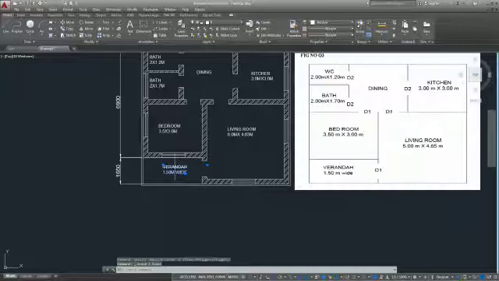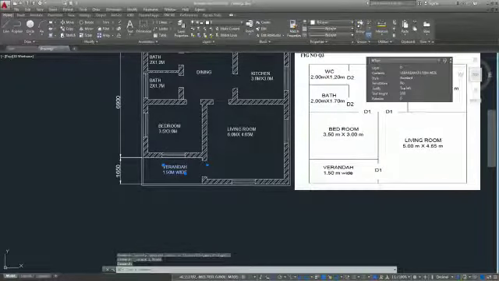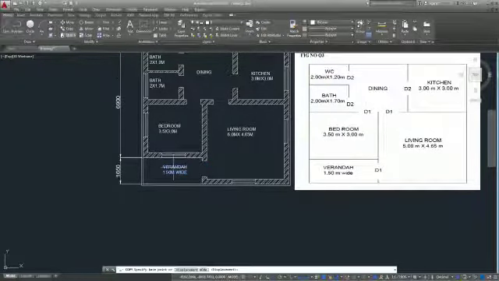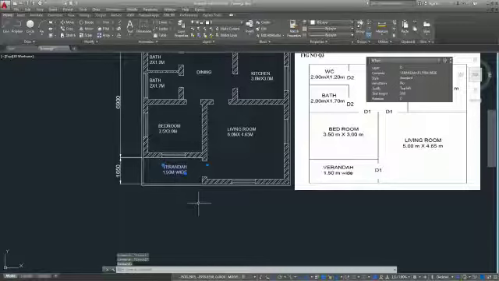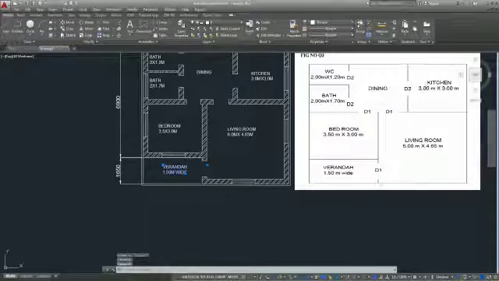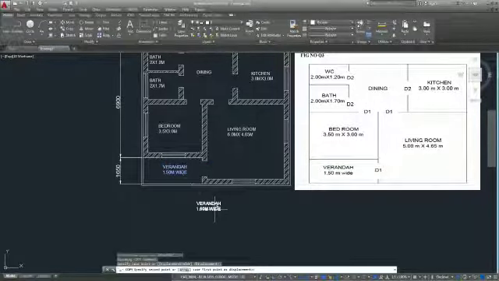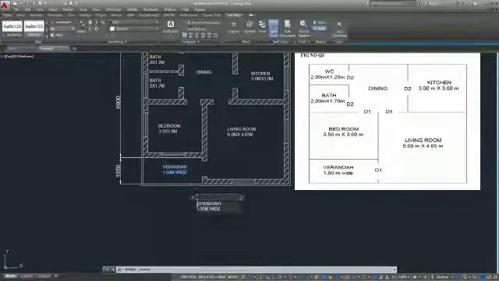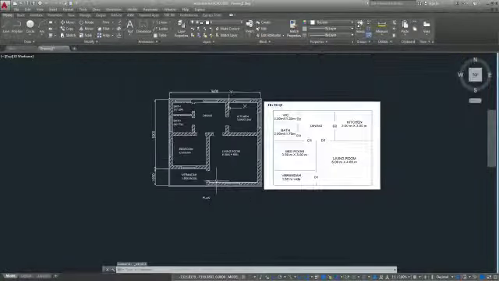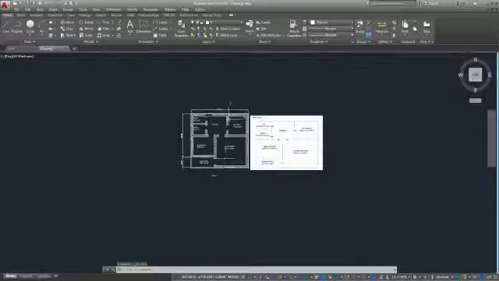So copy this. Copy this. Plan. Okay. So now this is the basic drawing here.